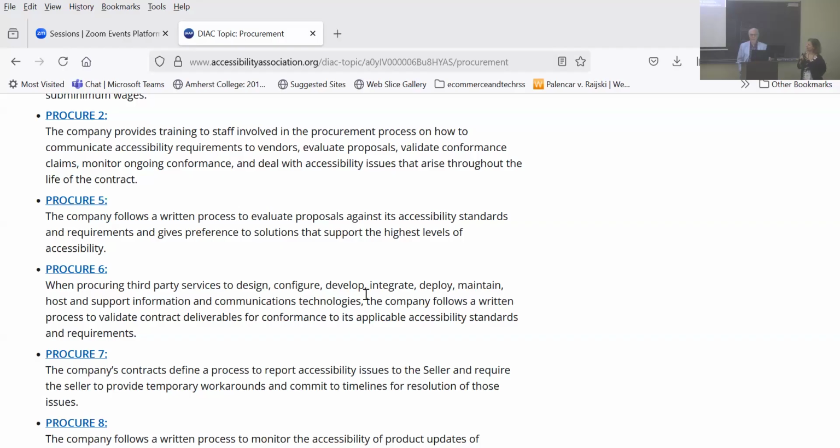If you don't have a way to measure what they're telling you is accessible, and be sure that they're doing what's promised, it's not going to work.